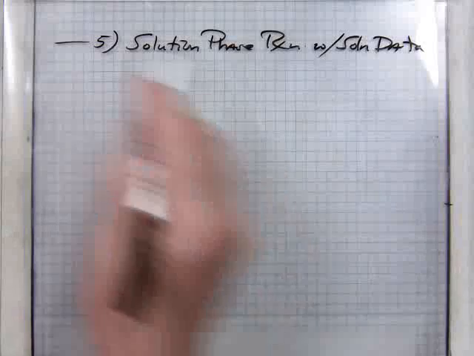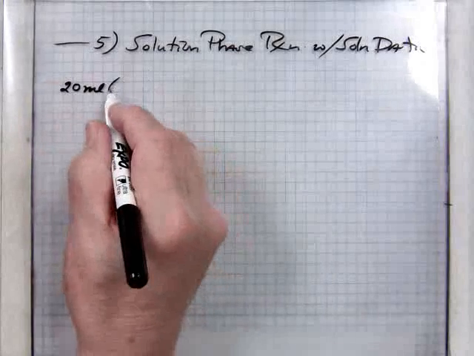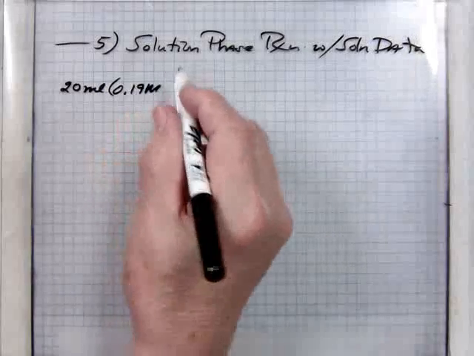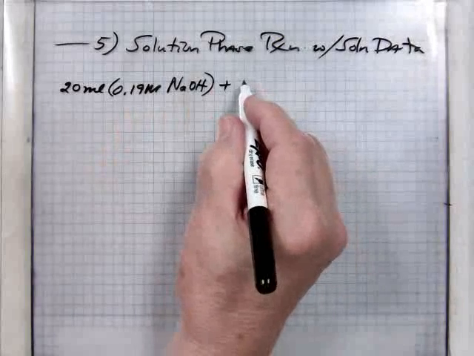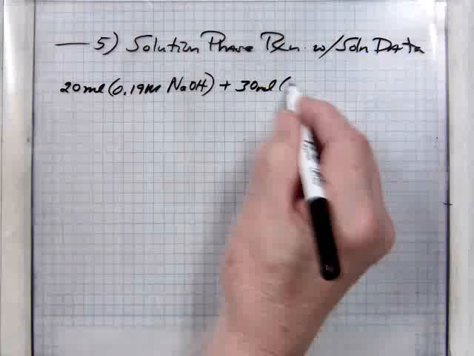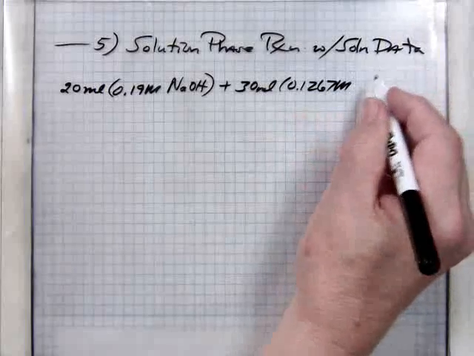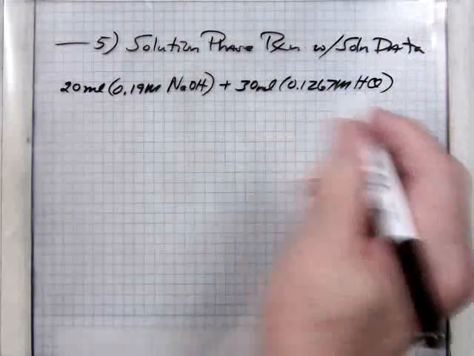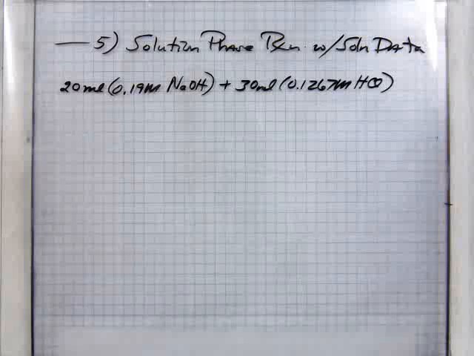Okay, so you're given 20 milliliters of a 0.19 molar sodium hydroxide aqueous solution reacting with 30 milliliters of a 0.1267 molar hydrochloric acid solution, like that. In the above reaction, what is the limiting reagent or reactant, and what is the concentration of the compound in excess? Okay, so we need to convert to moles and then